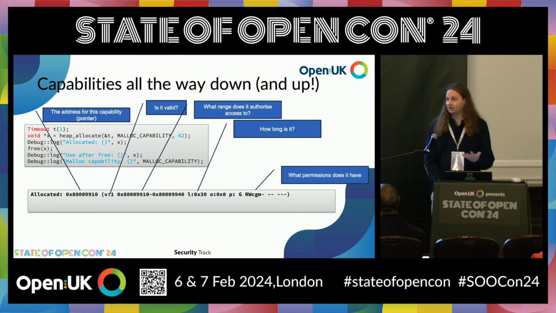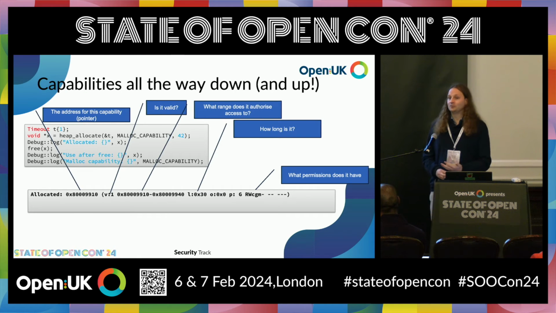The next two are fairly self-explanatory. Read and write, you can load and store via this pointer. And then we have some that compose with those two. So C for capabilities, you can load and store pointers. If you remove that, you have a data buffer. You can load and store data, but you can't store pointers into it. So that lets you know it's not being used as a covert channel for smuggling access to other objects.